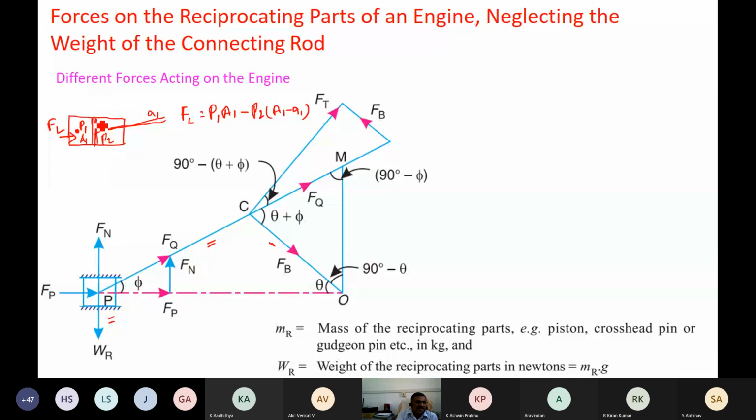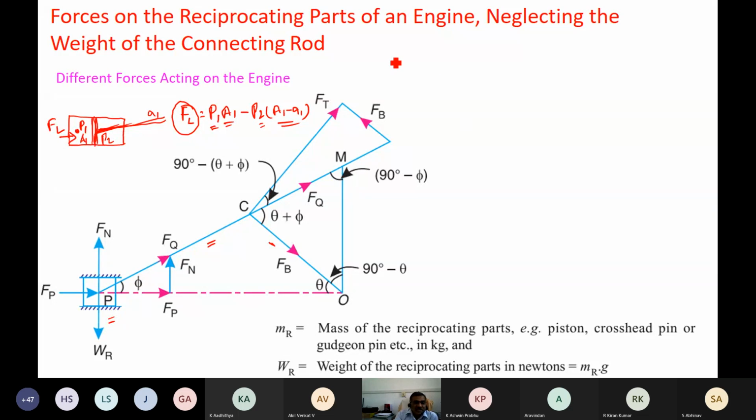See, in the right side, cross section area of the piston is A1, and we have a connecting rod. That area must be deducted. So that's why right side is capital A1 minus small a1. Left side only A1. Here there is no connecting rod. Left side pressure is P1, right side pressure is P2. This is a net force due to the gas, right? So when the force is acting here, there will be an opposite force.